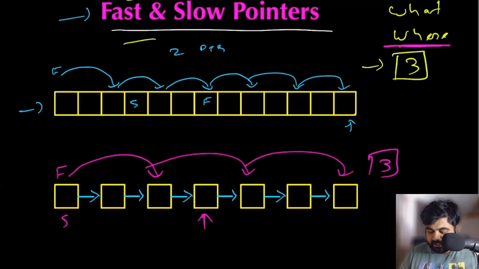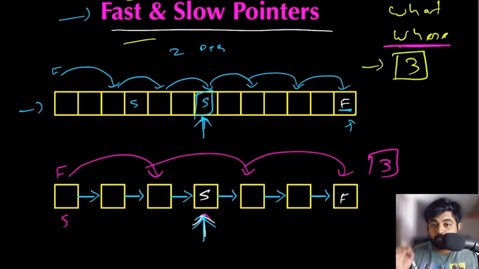I mentioned that when the fast pointer reaches the end, the slow pointer is somewhere in the middle, and that is exactly one of the most popular use cases of the fast and slow pointer technique. If you are given any single array or any single linked list and you want to find the middle point of it, then if you use the fast and slow pointer technique, you would be able to find the middle pointer quite easily without using any extra space, because the fast pointer would reach the end and during the same number of iterations the slow pointer would have reached the mid pointer, and that way we can return the middle of the array or linked list quite easily.